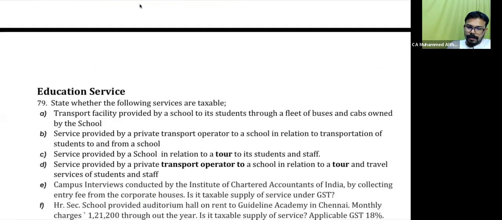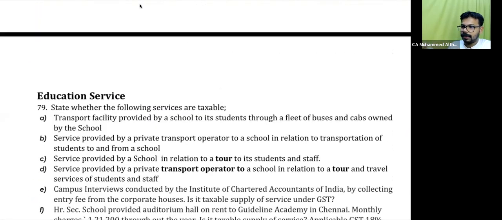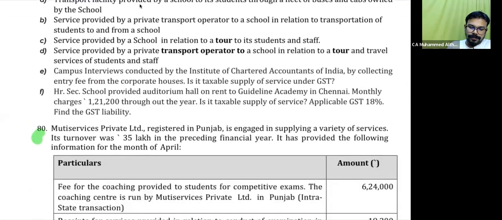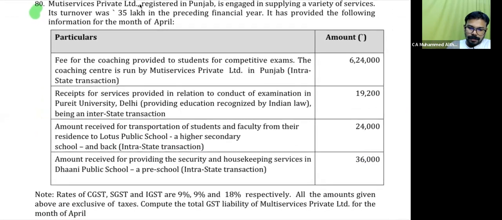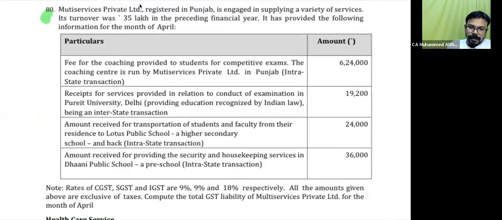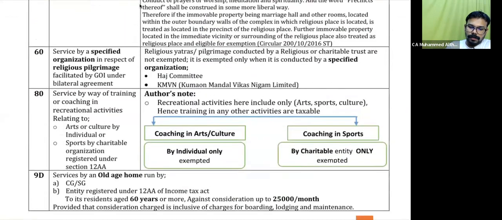I have actually given, in that question bank, one or two questions for each concept, but we don't have time, so I'll be making you work out some important questions. Question number 80. Everybody do this question number 80. For that, you have to know the